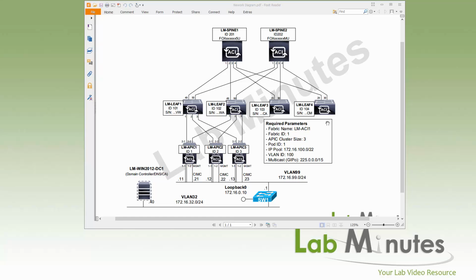Our lab setup is identical to what we did in the last video with the fabric provisioning. We have two spine switches, spine 1 and 2, and 4 leaf switches, leaf 1, 2, 3, and 4, all fully discovered and added to the fabric. Then we have a cluster of 3 APIC servers, APIC 1, 2, and 3. They're all dual-homed to leaf 1 and 2. And on the management side, there are connections to the out-of-band management on VLAN 99, that's on the management switch, switch 1, with the subnet